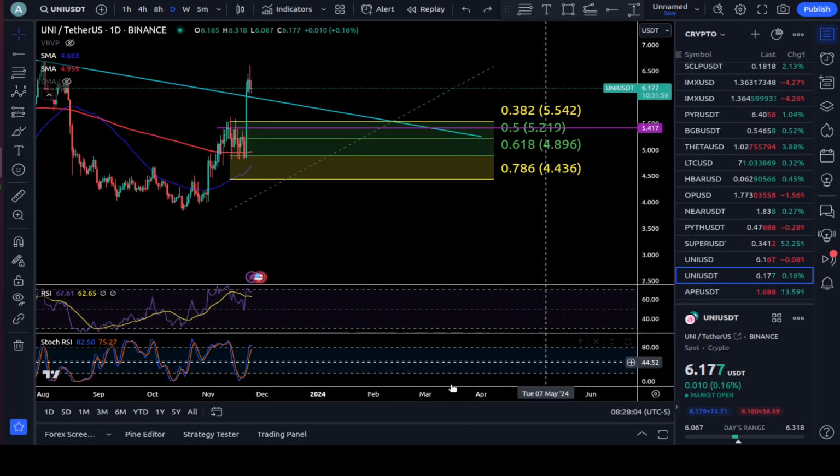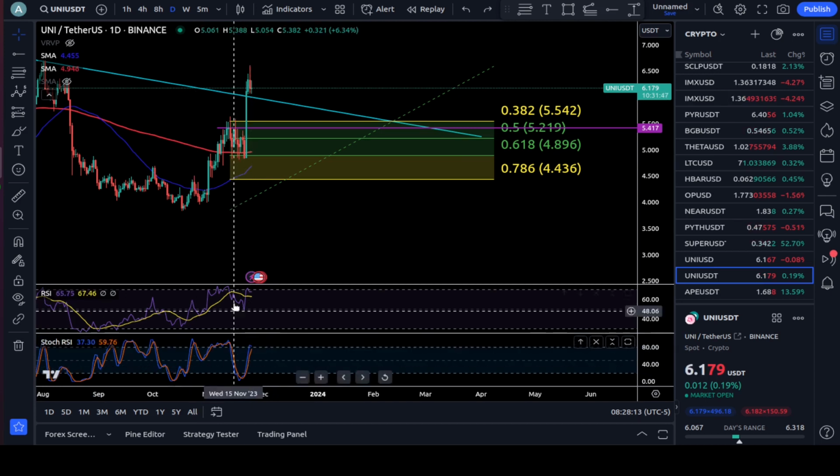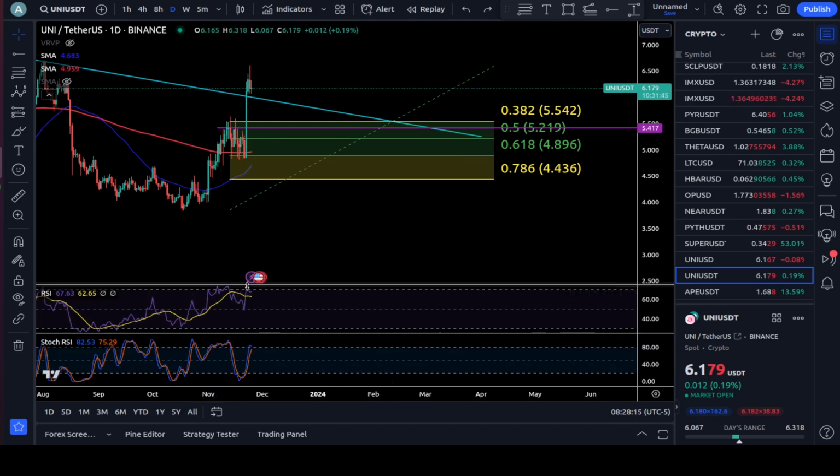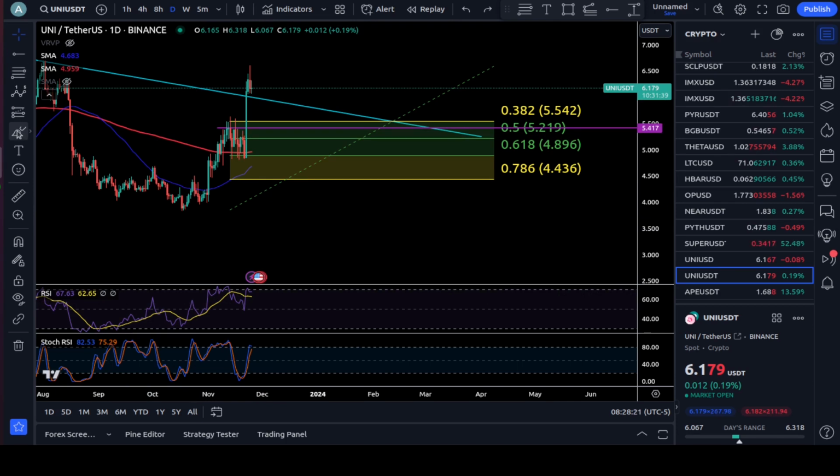RSI, it's oversold, and the stochastic RSI, I always have trouble with that name. It's high, so both are telling us that soon we should have a corrective movement. Also, if we do a quick